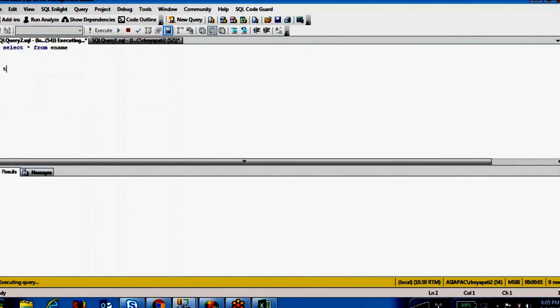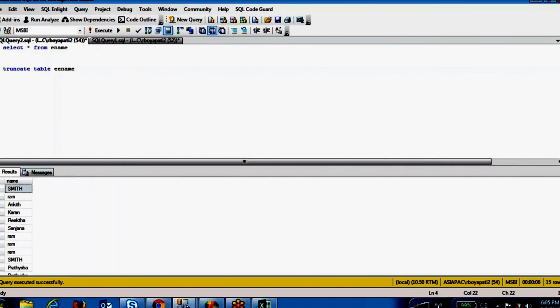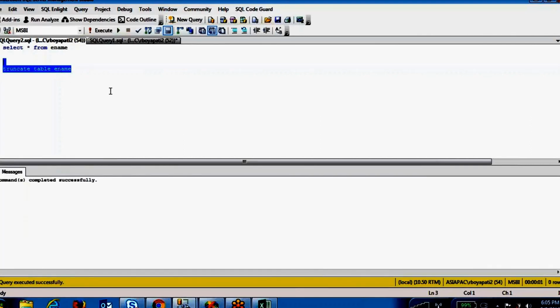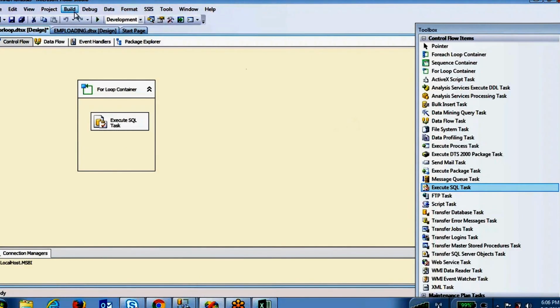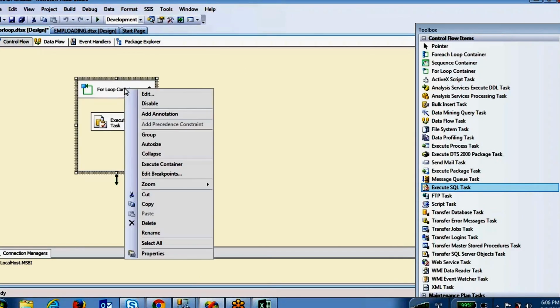I want to truncate this table before loading. Nothing is there. If you execute this one, I'm going to execute only this container.